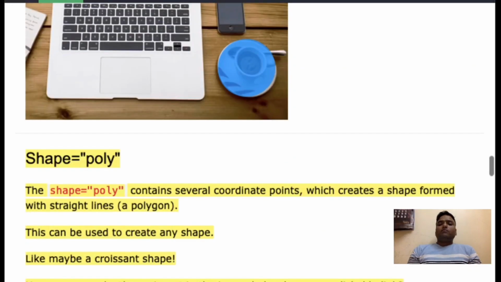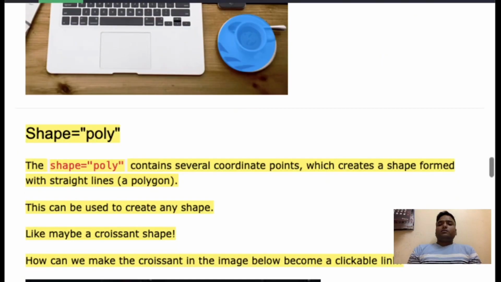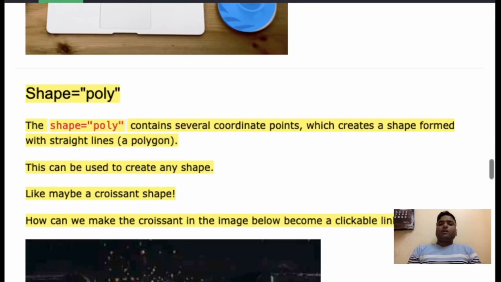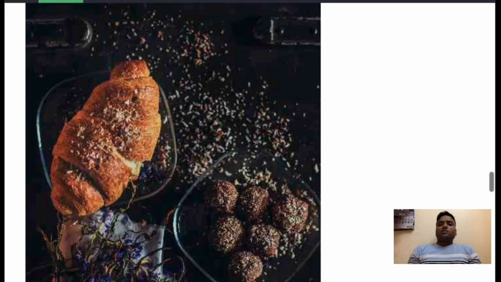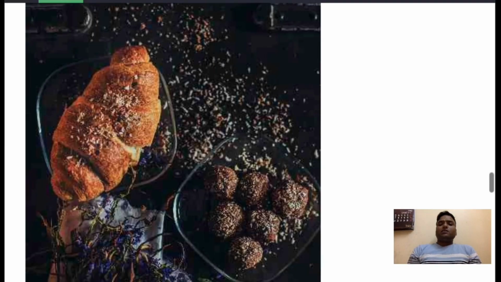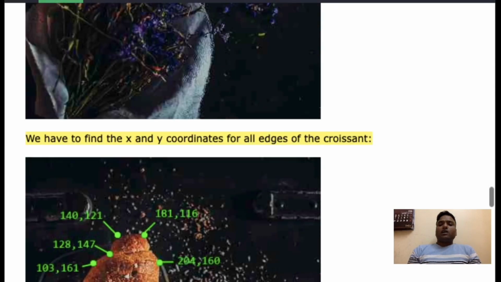In the same way, you can also do it for a polygon, which is a shape formed with straight lines. Here it is a croissant or crescent shape. You can see the crescent is a type of polygon.